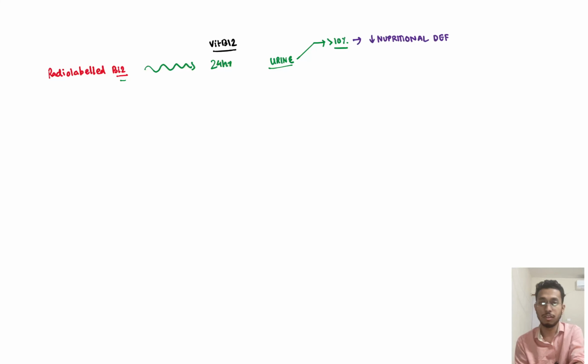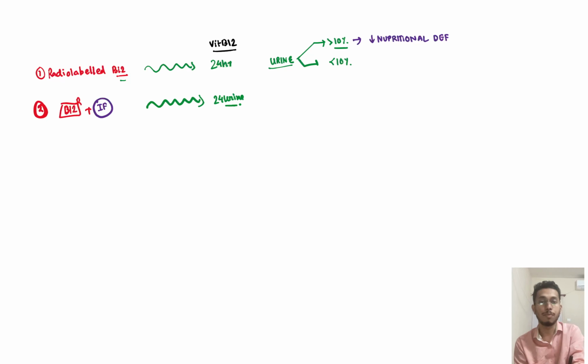Now, when the value in the urine comes less than 10%, here we need to apply step 2. This was step 1. What is step 2 of the Schilling test? Here we give, along with radio labeled B12, intrinsic factor to the patient, and similarly 24-hour urine is collected